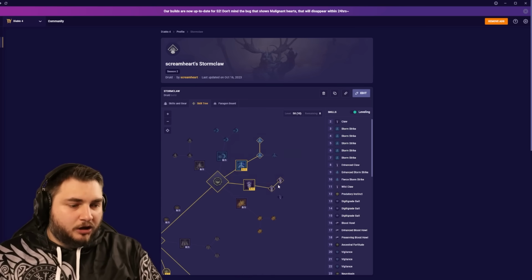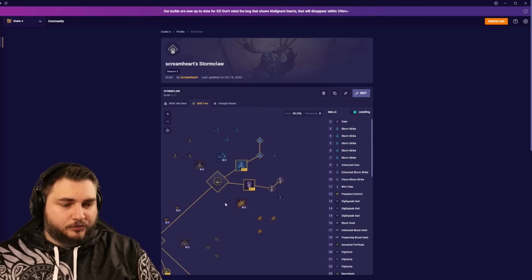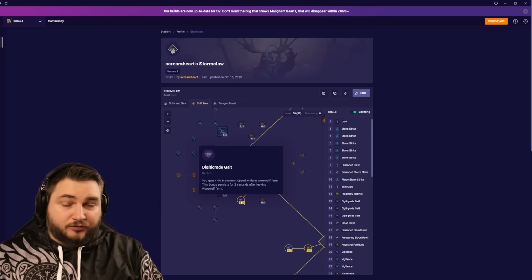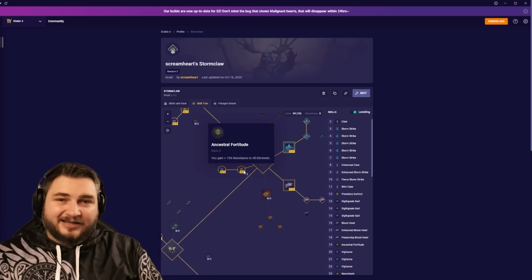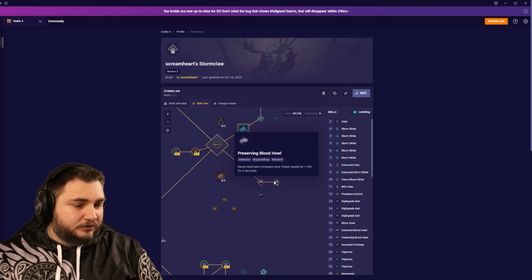For our skill tree, assuming that we have the Great Staff for the Crone, we're going to be maxing out Claw and getting Wild Claw, maxing out Storm Strike and getting Fierce Storm Strike, moving down, grabbing 2 points in Predatory Instinct and 3 points in Digital Grade Gate, moving down again, getting 1 point in Cyclone Armor and preserving Cyclone Armor, maxing out Ancestral Fortitude, Vigilance,